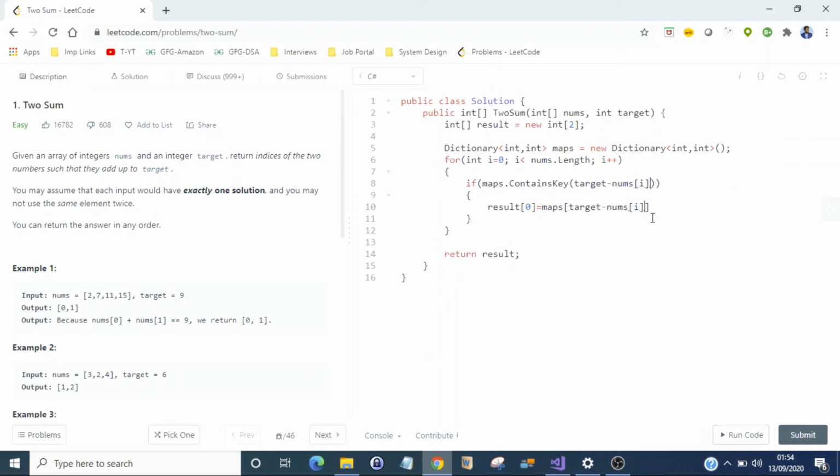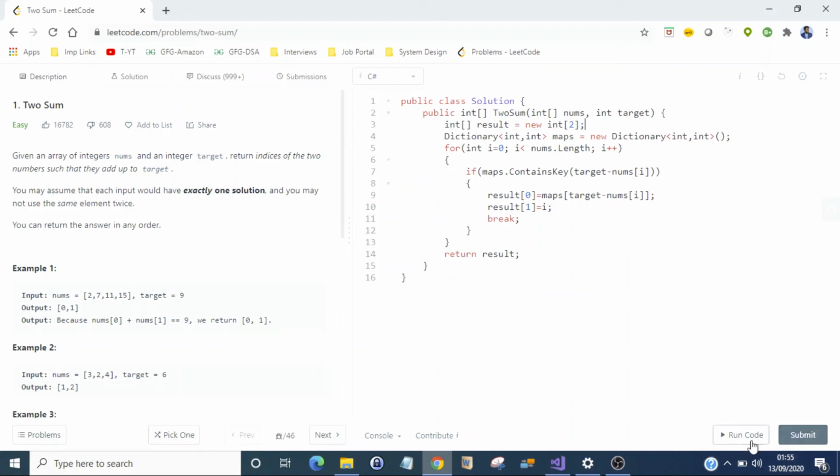Then the target in the same indices, and result. Here our assumption was that order doesn't matter while returning, but in some places you might need to maintain the order of the pair.